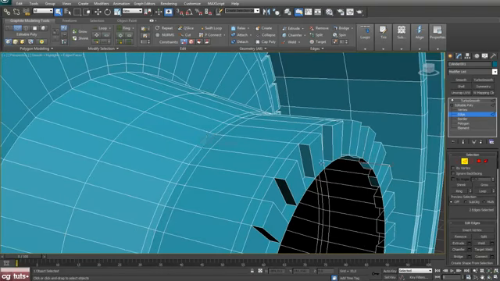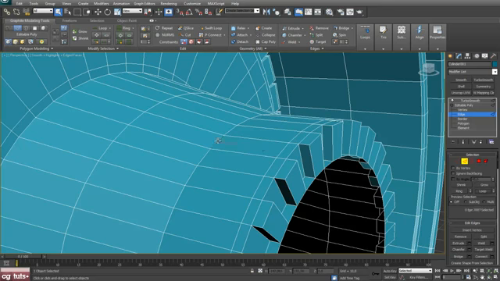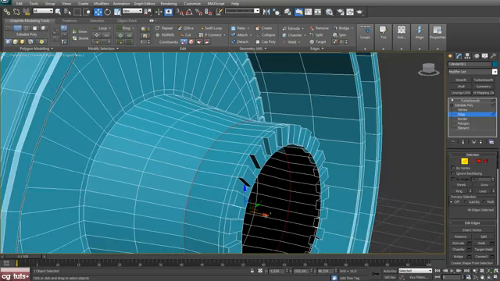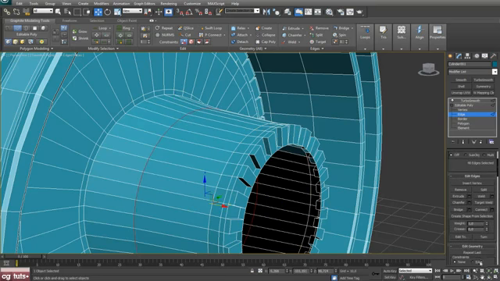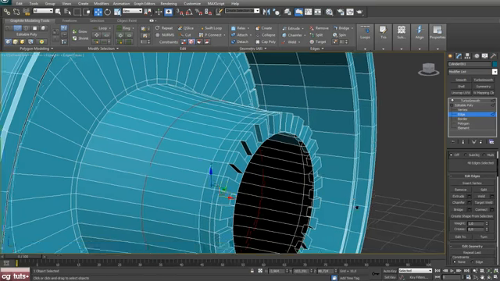now I will select these two edges and hit loop and control backspace, and select this edge, hit loop and move that here, and select this edge, hit loop and turn on edge constraints and push that here. Okay,